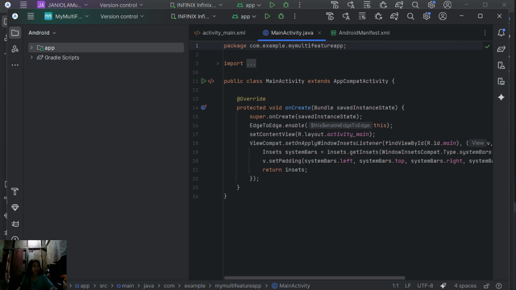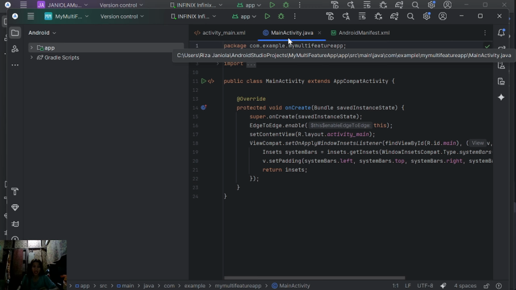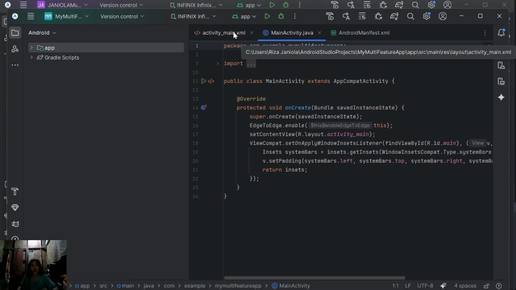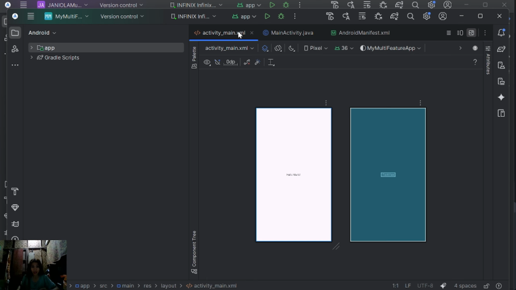Alright, so as you can see here, Android Studio will generate your basic files, including MainActivity.java and of course activity_main.xml, where we'll do most of our work.